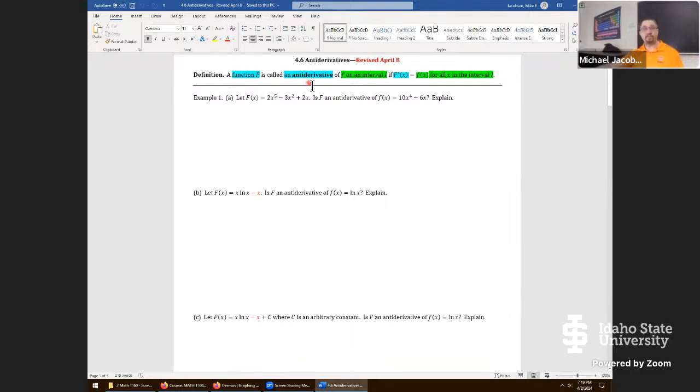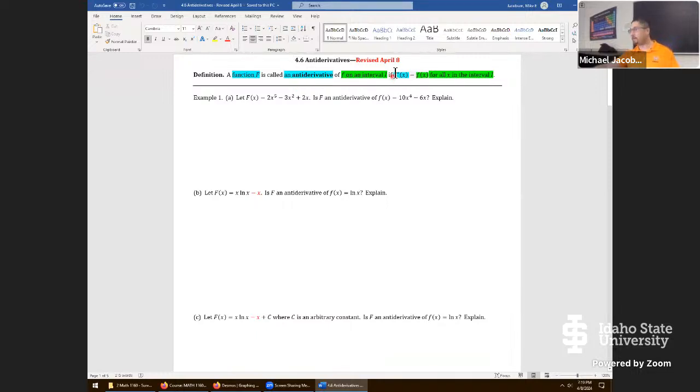It'll be called an antiderivative of the function lowercase f on some interval, provided when you differentiate your antiderivative, you get back the original function, and that holds for all x in that same interval. So that's what we mean by antiderivative. But because we have to